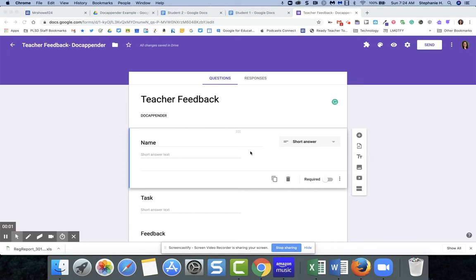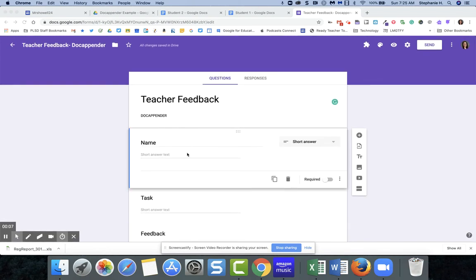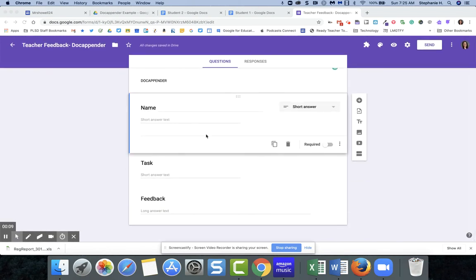So I'm going to show you how to easily collect feedback onto a Google Doc. So the first thing you're going to want to do is create a Google form. I like to have the name, what the task was, and the feedback. Again, you can add more information as you see fit, but I'm just going to use this for the example